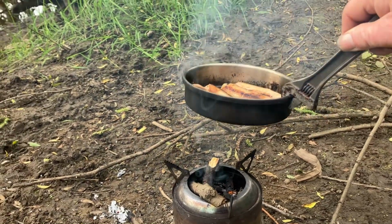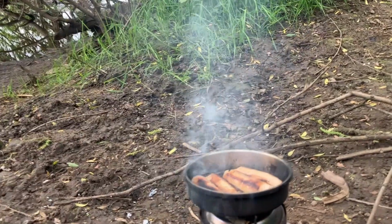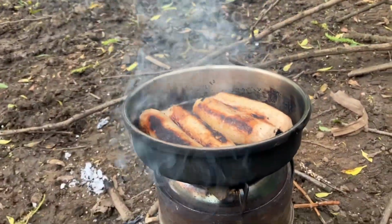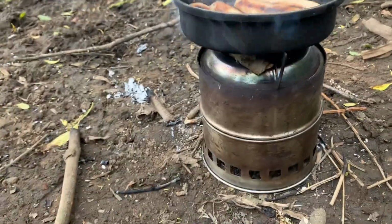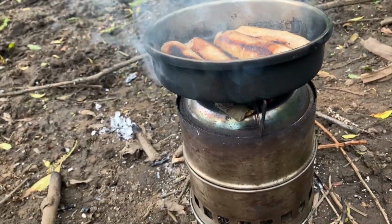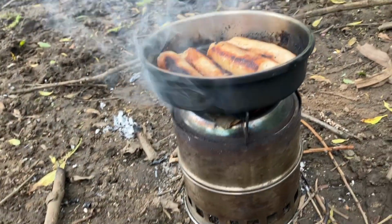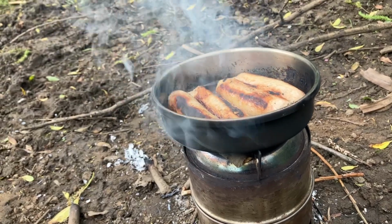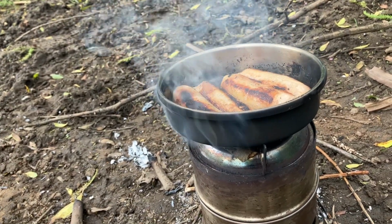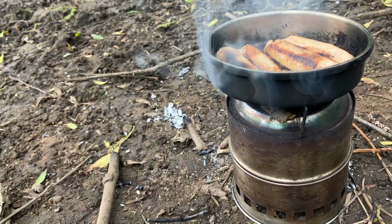I think the trouble today is a lack of wind. I thought it was going to be a bit windy, but yeah, it don't burn so well when there's no wind. There's no air being pushed through it. Because this little stove, it's not just burning the wood, it's got a secondary burn system on it, so it burns the gases from the burnt wood. It sounds stupid, but it's true. But we've got a bit of a smoke on here, but